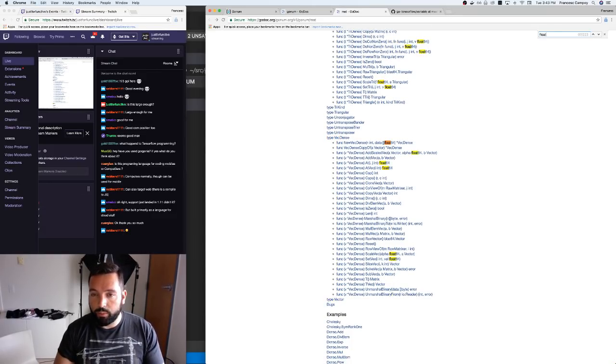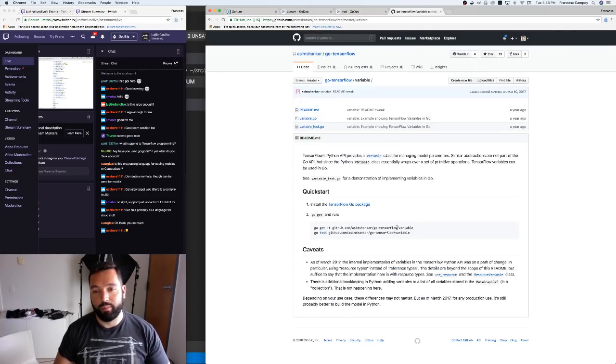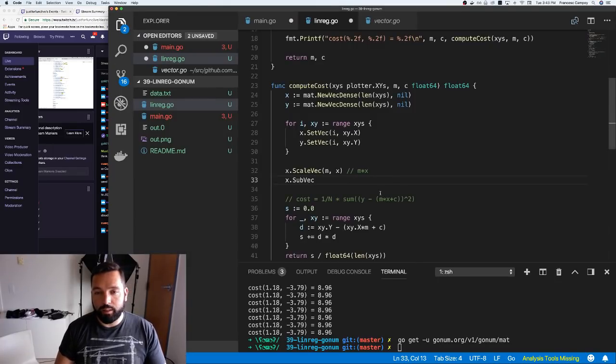In how many places we use float 64? Alright, so that is not the one. Scale vec and set vec. So scale and set, and we don't really have a way to do add, which I guess it's fine, but